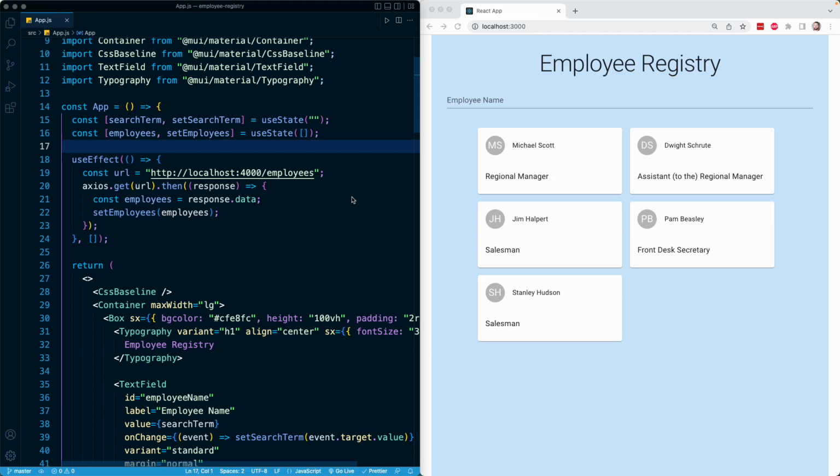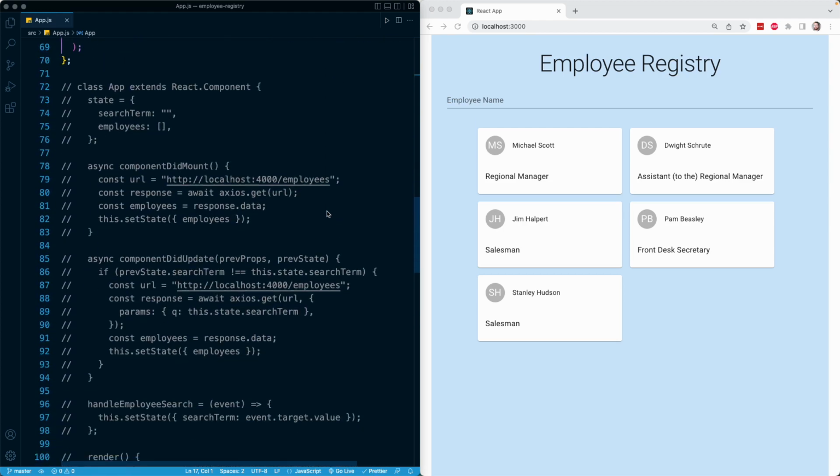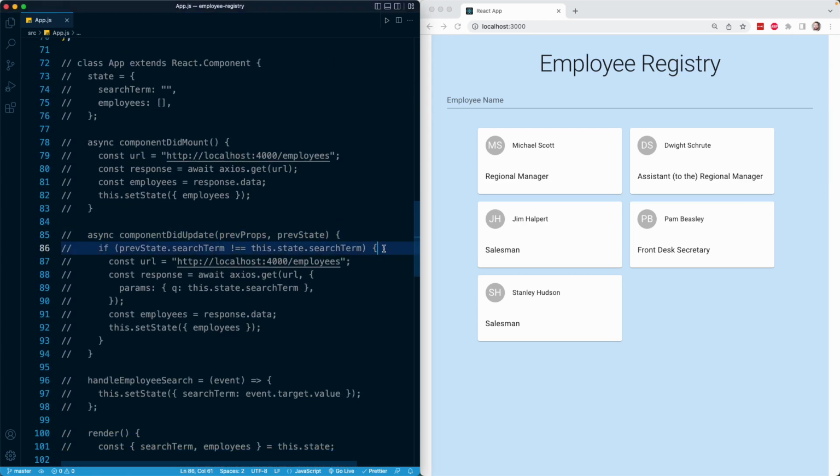So at this point, we have successfully replicated the functionality of our componentDidMount lifecycle method in our new hooks-based functional component by using useEffect. The other half of the functionality that we have to account for is componentDidUpdate. As a reminder, in our previous implementation, right here, we checked for a change in the value of the search